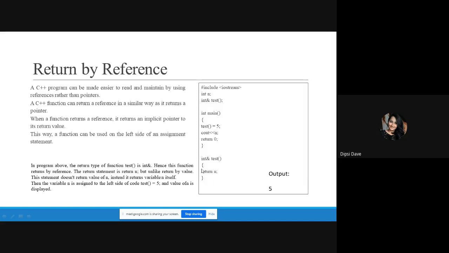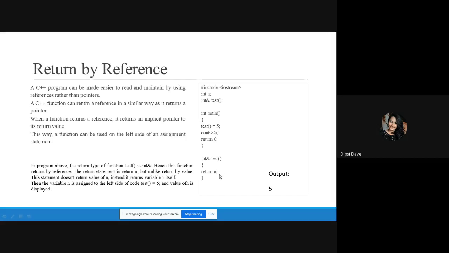Over here, there is just return n, right? So basically, whenever you see this kind of program, you understand that we are just returning the value of n over here, right? But as it is written by reference, it doesn't return by value, but it returns the variable itself.